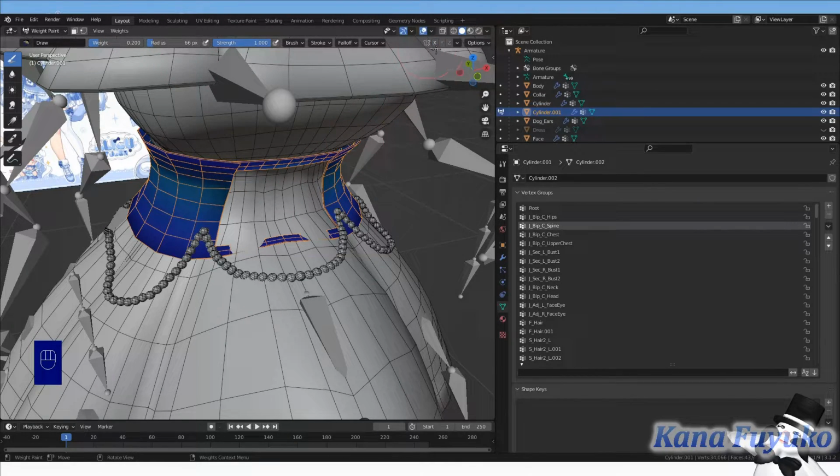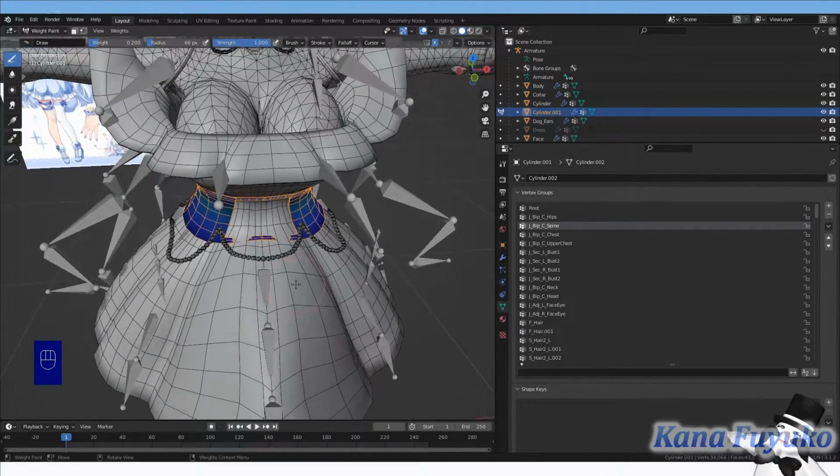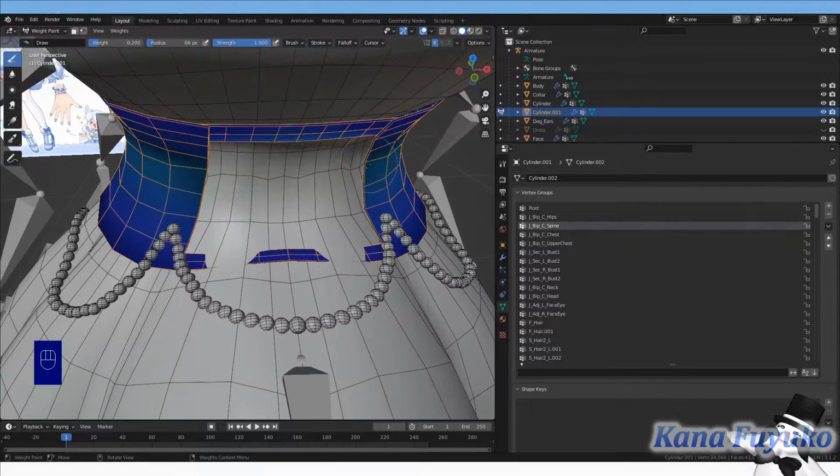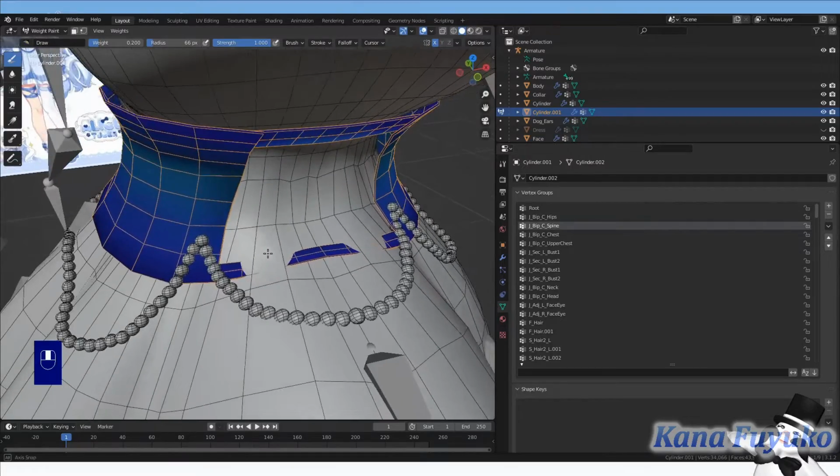Now, another thing is this little X here, for mesh symmetry. This is actually pretty good if you have proper L/R bone rigs. And this is what I meant by, I highly recommend that you manually name the bones, because for weight paint, if you want to make it more convenient for yourself, it's definitely important to have L/R naming, so that way it's just a lot more convenient for you. Otherwise, it's just going to be weird.